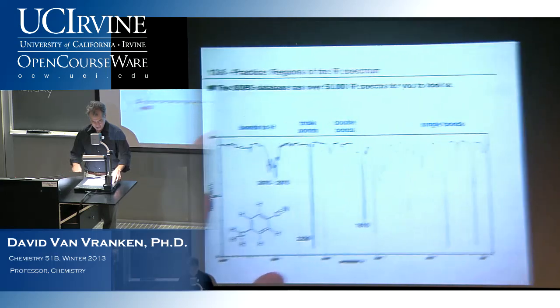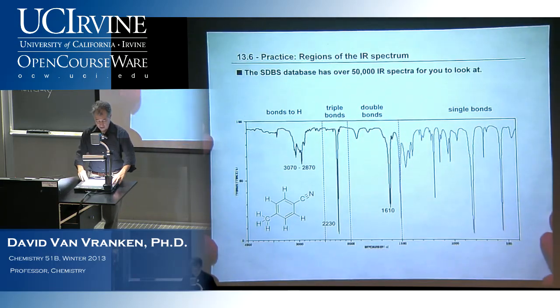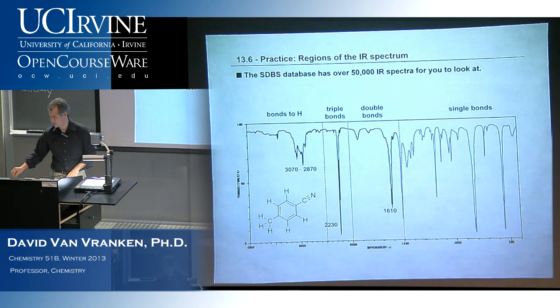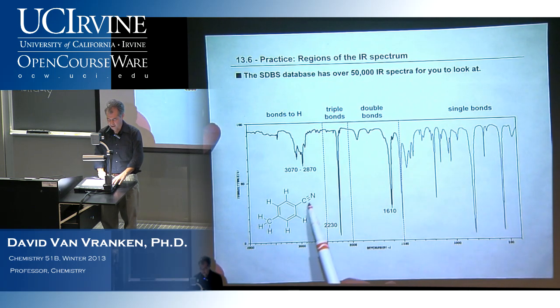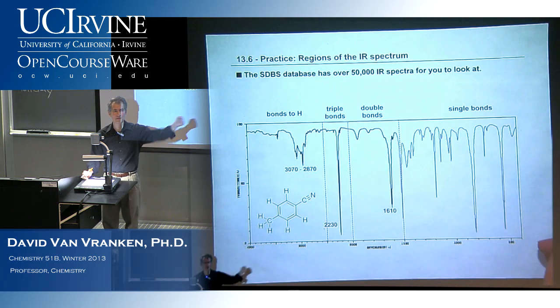Okay, so here's an IR spectrum of a molecule, and let's see if we can match the features of this molecule up to peaks. Again, the peaks are upside down, to these upside down peaks in the IR spectrum. So here's my molecule. What do I see here? Well, I've got a cyano group. There's a triple bond, and look at that. There's an absorption at 2230 wave numbers. That's the CN triple bond